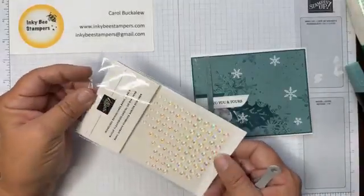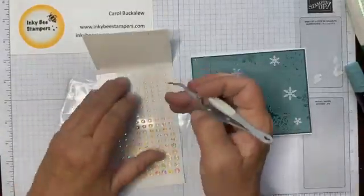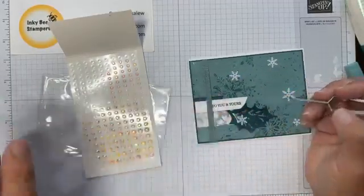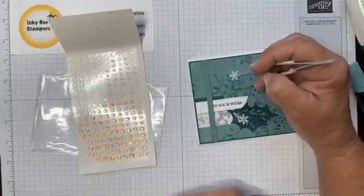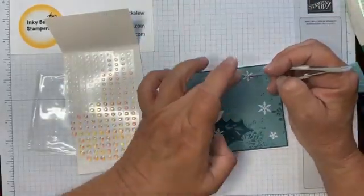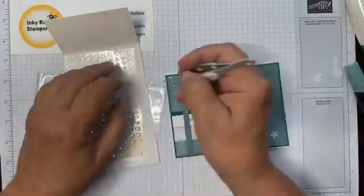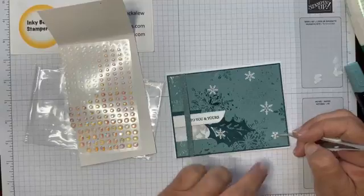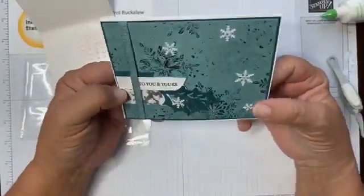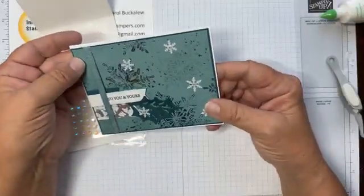And I told you I was going to add extra sparkle. I decided to pull out the iridescent rhinestones and just grab these small rhinestones here and put an iridescent rhinestone in the center of each of those snowflakes. And some people might say that is overkill, but again, it's a holiday card. I think it looks really pretty. I love all of the sparkle. Anyway, so